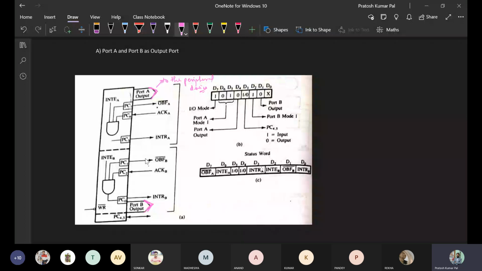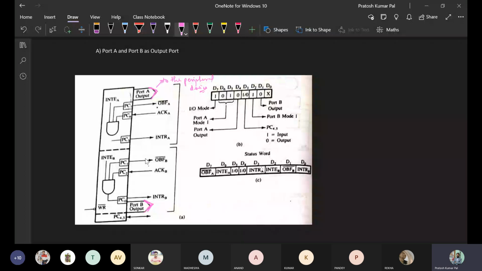That will be the interrupt signal. And there will always be a pin, INTE, that will indicate a buffer. Based on these pins, if it is all one, then this interrupt signal is going to be activated.